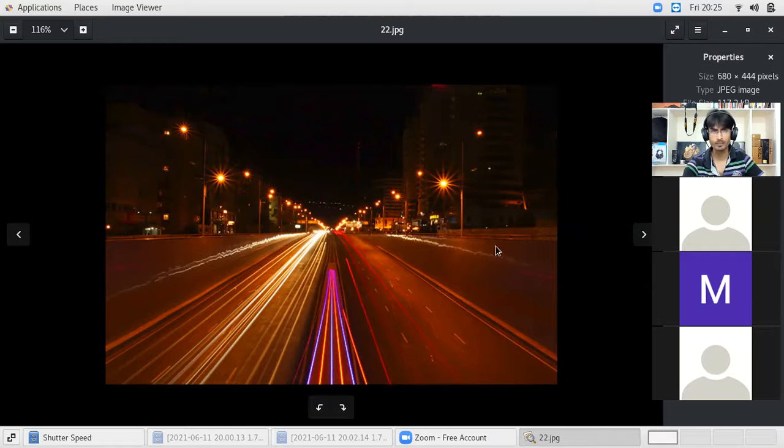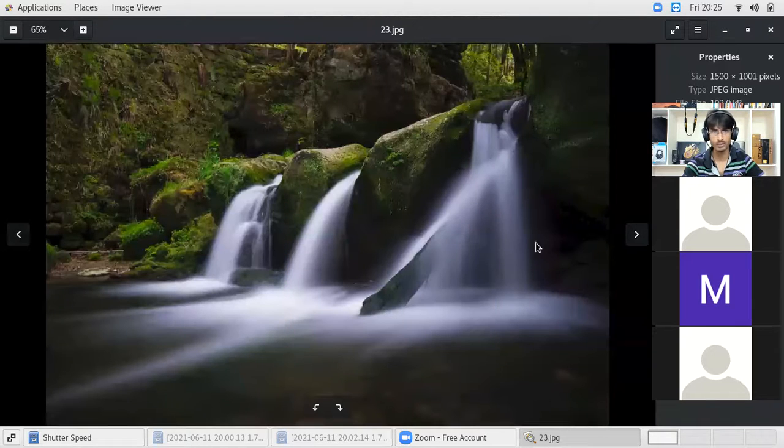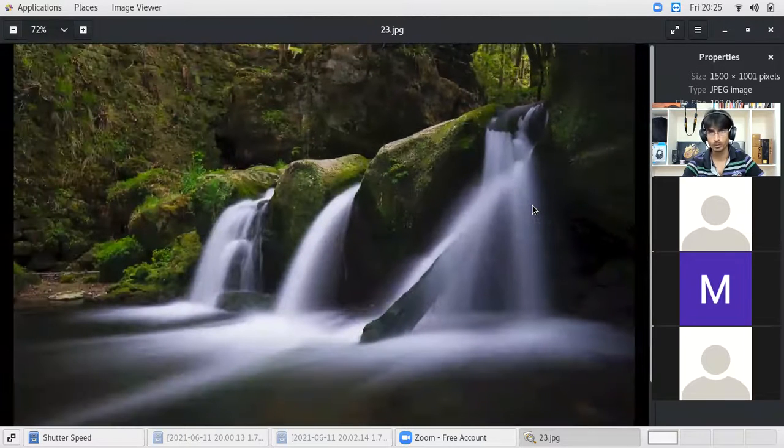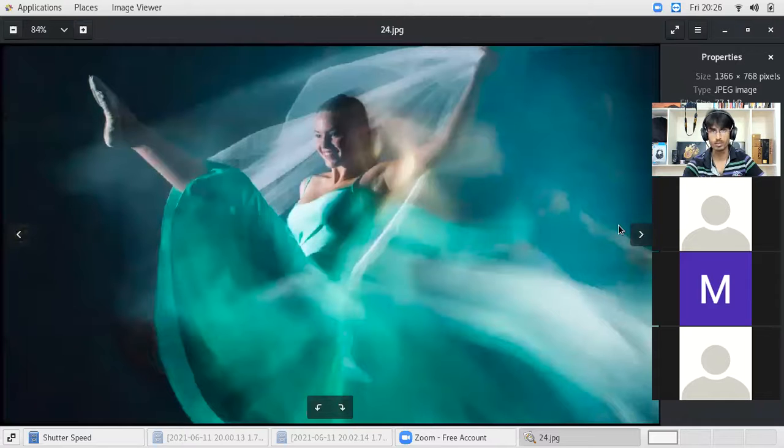But in this case, if you want to capture photos like that, you have to use a much longer shutter speed, something like 8 seconds, 9 seconds, 10 seconds. But you need a tripod for that. In case you don't have a tripod, stabilize your phone with some sort of support, table, brick, anything will do. All these things, this smooth water effect, can be achieved with a very long shutter speed or slower shutter speed, we can call it.